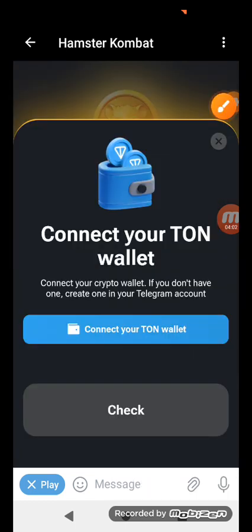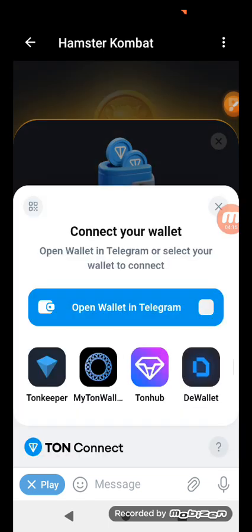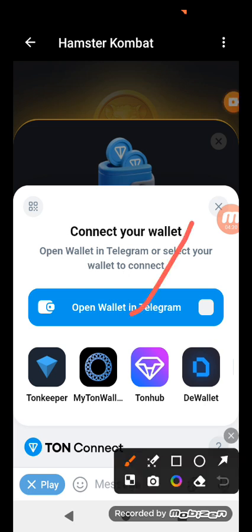So you click on this place. Are you getting it? Connect your Ton wallet. Say connect your crypto wallet. If you don't have one, create one in your Telegram account. So I'm going to click on connect your Ton wallet here now. I click on it. Now look at it. The system already has the one I have on Telegram. It's already here. And now the system is telling me, do I want to use the one on Telegram, or